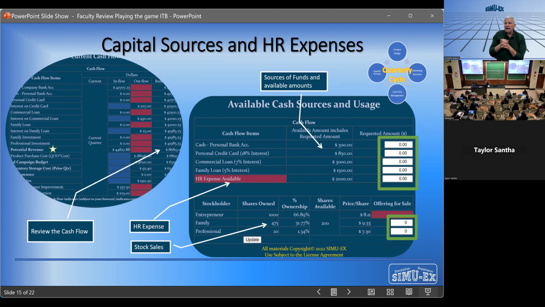If you have determined that you are concerned about your projection, then you need to go to sources of capital. And as you can see, you have a number. You can borrow from a commercial bank, you can borrow from family, you can borrow cash from your personal bank account, invest, if you will, into the company, and so on. In addition to that, you can also sell stock, which shows, in this case here, the ownership of how much has been sold. Remember, when you sell stock, you're diluting your ownership of your business.